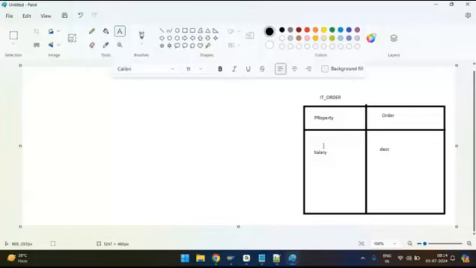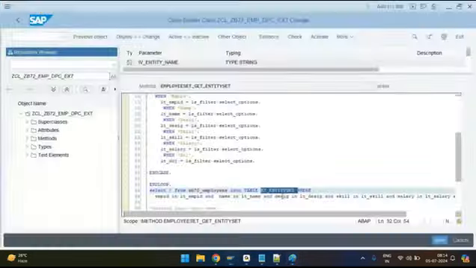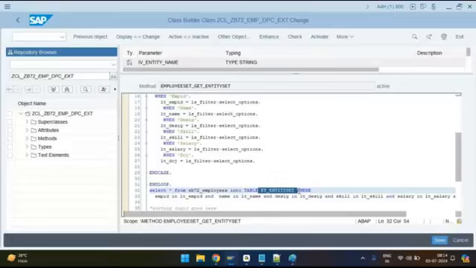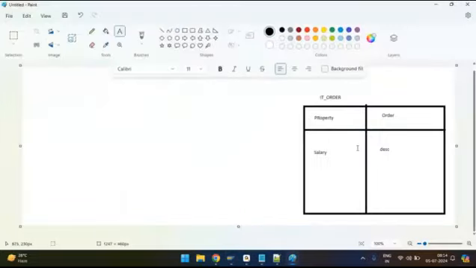Basically we need to sort the result. The result is present in ET_ENTITY_SET. After the select query is over, where is your result? Your result is present in ET_ENTITY_SET. Correct? Now you need to sort it. Sort basing on which criteria? You need to sort basing on this criteria, that is salary descending. So to do that,